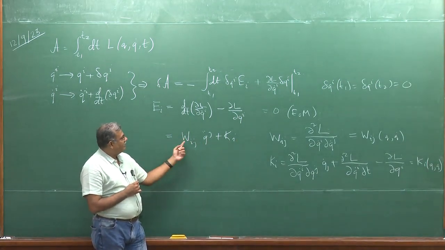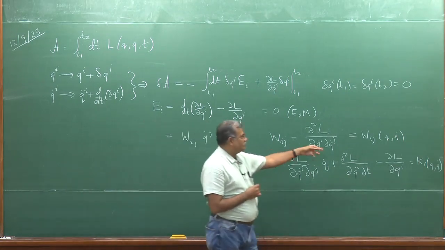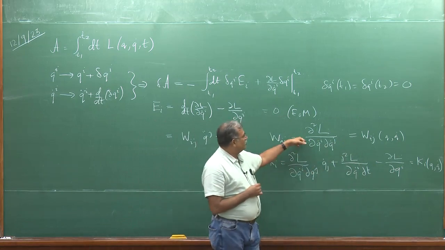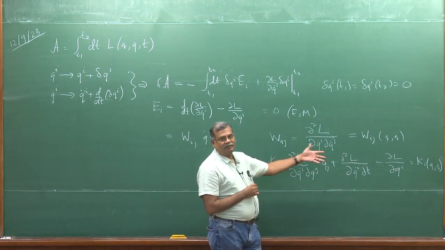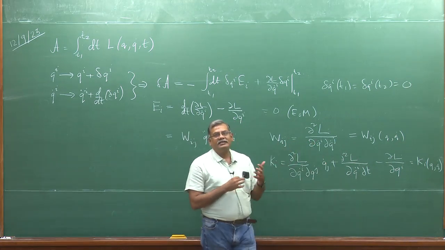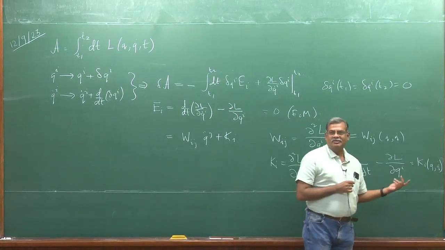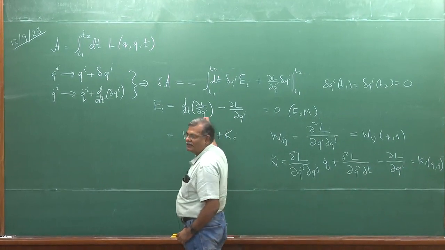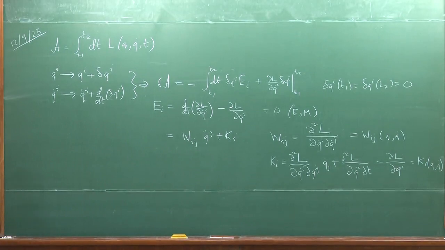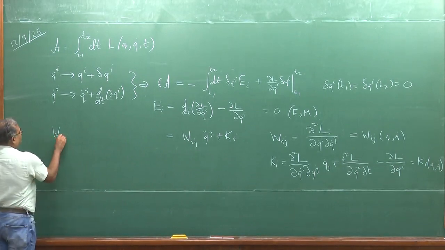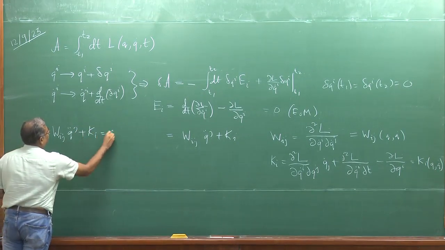All the E_i's are basically W_ij q_j double dot plus K_i, and W_ij we worked out, and you all know this is going to be del 2 L del q_i dot del q_j dot, and K_i is the rest of the terms, which you get by doing a d/dt of del L del q_i dot. This is the whole nasty looking expression, which essentially means just this term expanded out with the q double dot term taken separately. Okay, so the Euler-Lagrange equations of motion tell you that W_ij q_j double dot plus K_i has to be 0